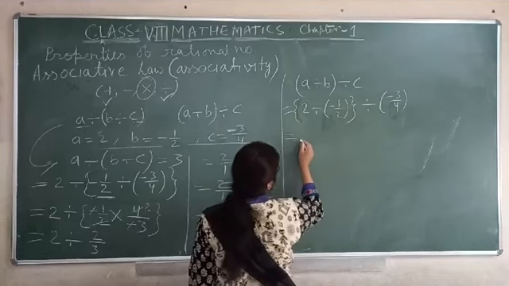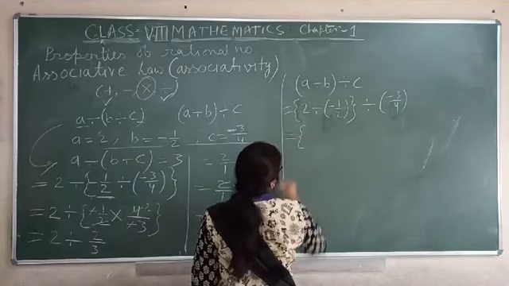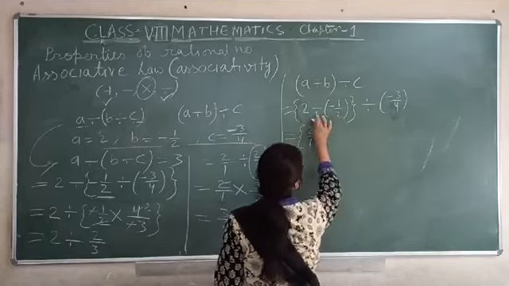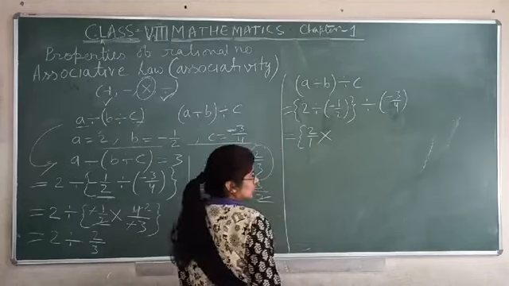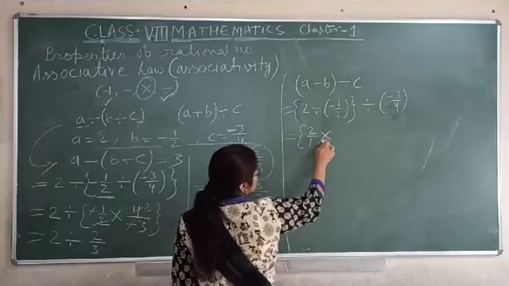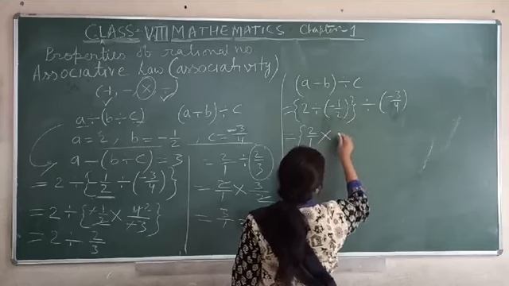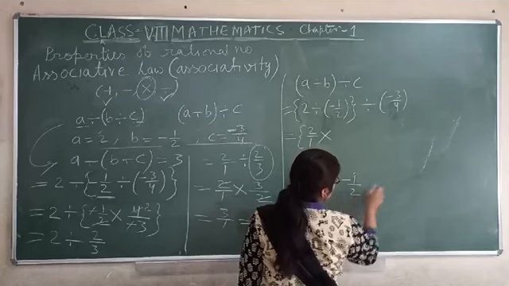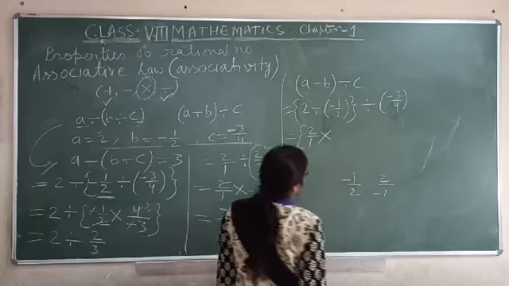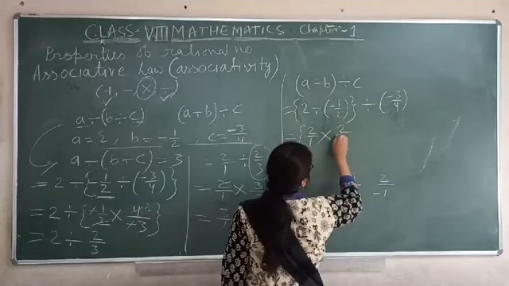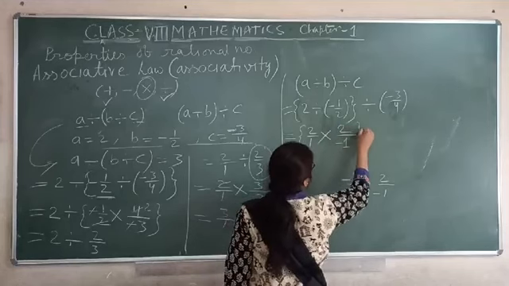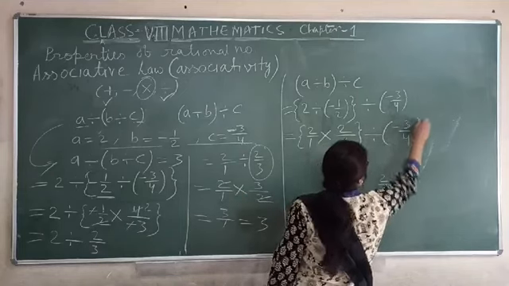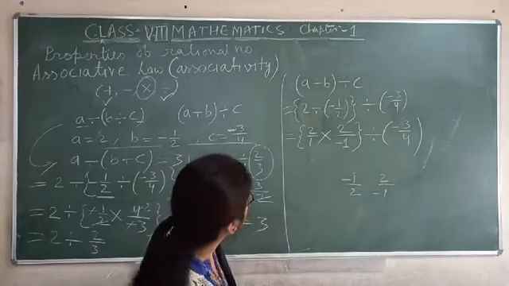Now look what we will do. This one as it is, you can write 2 upon 1. 2 can be written as 2 upon 1. Multiply, converted into divide; the sign is converted into multiply. Reciprocal of this one. This is minus 1 upon 2. This is your numerator, this is the denominator. The denominator will go up, the numerator will come down. So 2 upon minus 1 within bracket. And this one we will write as it is. Okay.